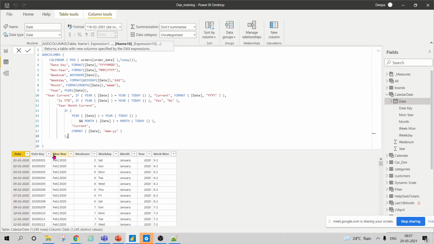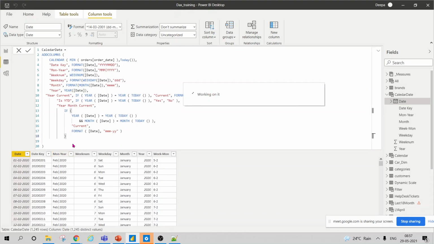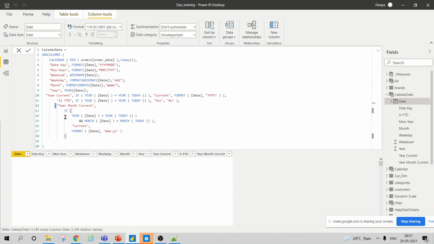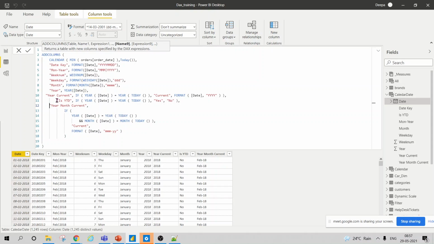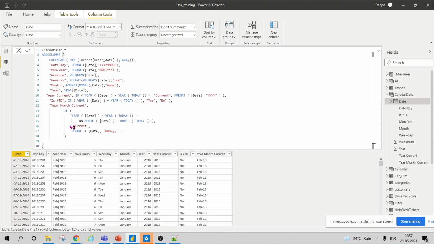Let's first check how it gives the result. We have three functions here. I've written three functions: one, two, and three. So it should result in three functions. Okay, so we'll first learn about year current.